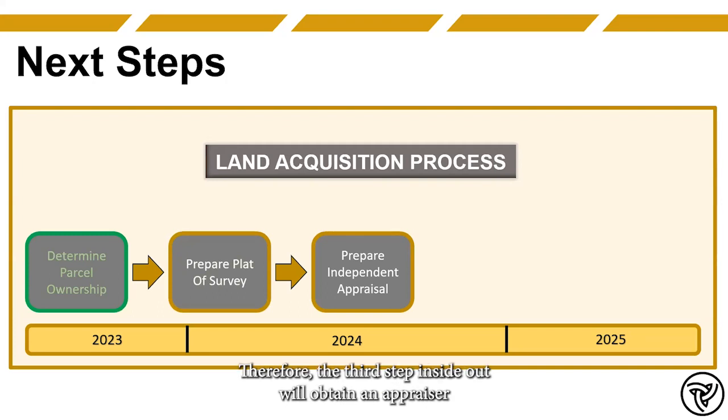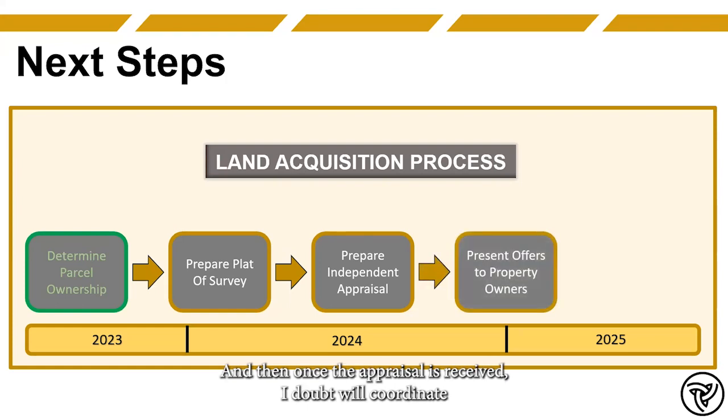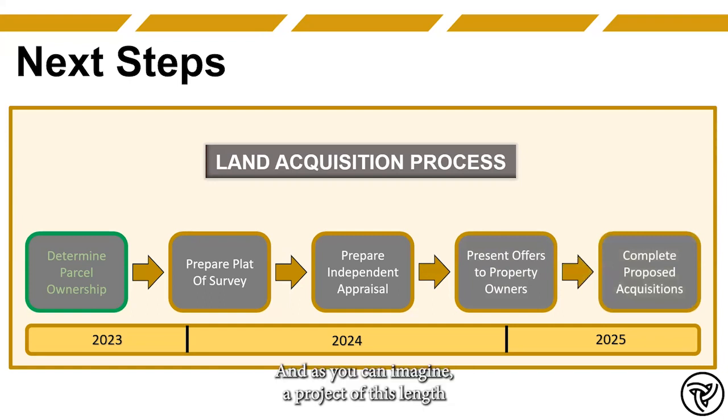Therefore, the third step is IDOT will obtain an appraiser to determine the fair market value of a property to offer compensation. This takes into account such items as comparable sales, number of acres of agricultural land that would be converted to highway use, and such items that Jeff mentioned, like contaminated property and the remediation that would be required for that contamination. And then once the appraisal is received, IDOT will coordinate with each impacted property owner and provide an offer of compensation. As you can imagine, a project of this length can take approximately 2 years to complete all of these